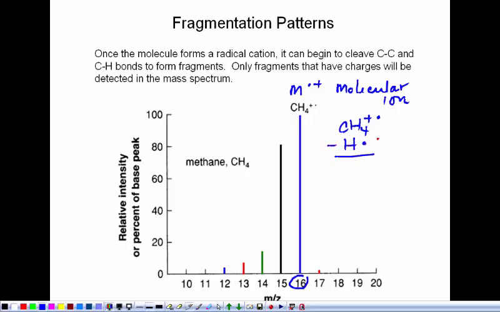We can break a hydrogen atom off of this, and that would leave us with a CH3 plus. Okay, so if you took a CH4 dot plus and subtracted an H dot from it, you get CH3 plus. Well, how much does CH3 plus weigh? Well, it's 12 plus 3 is 15. And so this peak at 15 corresponds to basically the methyl cation,